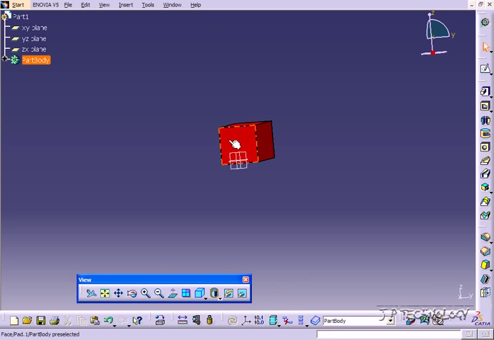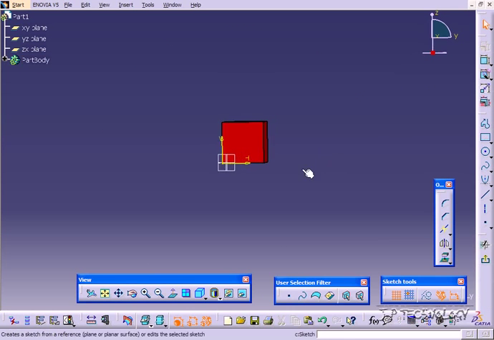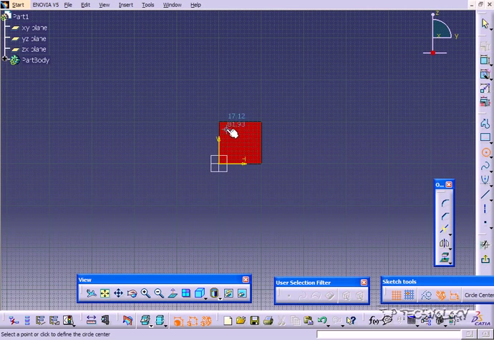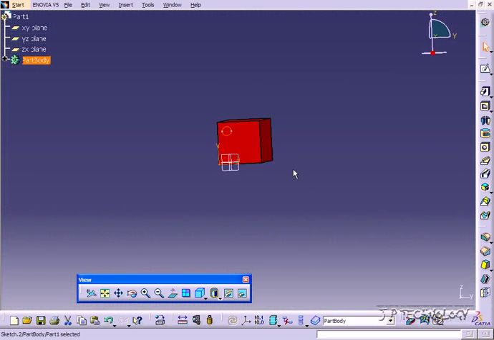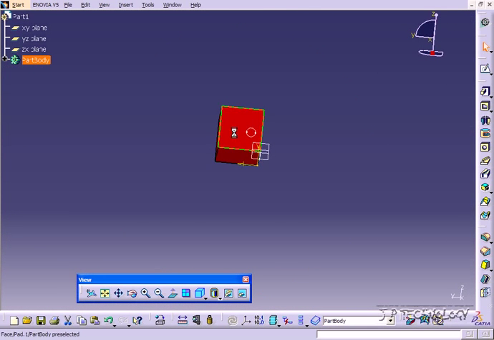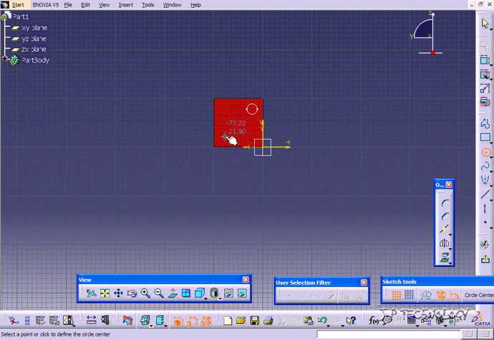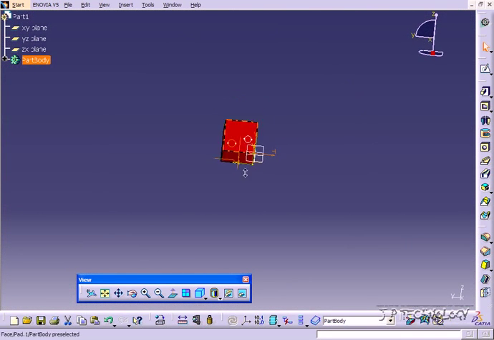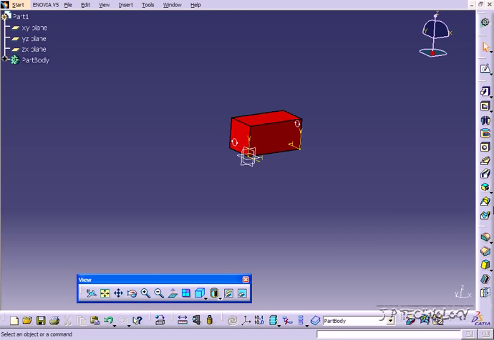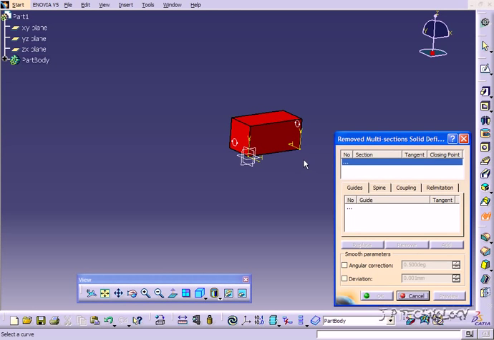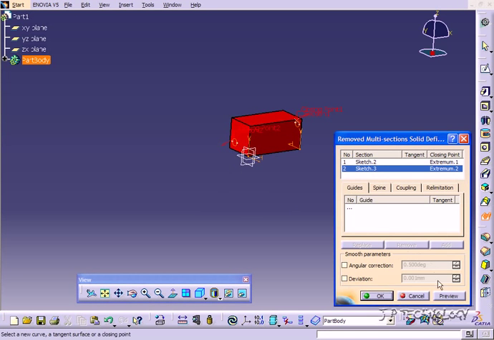So to start off, let's click this face here. Click Sketch, and let's draw a circle in the top left corner here. And let's go out, and let's go on the other side here. Click Sketch, and let's draw a circle on the bottom left corner here. And let's go back up. And what we're going to do is connect these guys, and they're going to cut out from this solid. So we'll click the removed multi-section, click one profile, click the other,